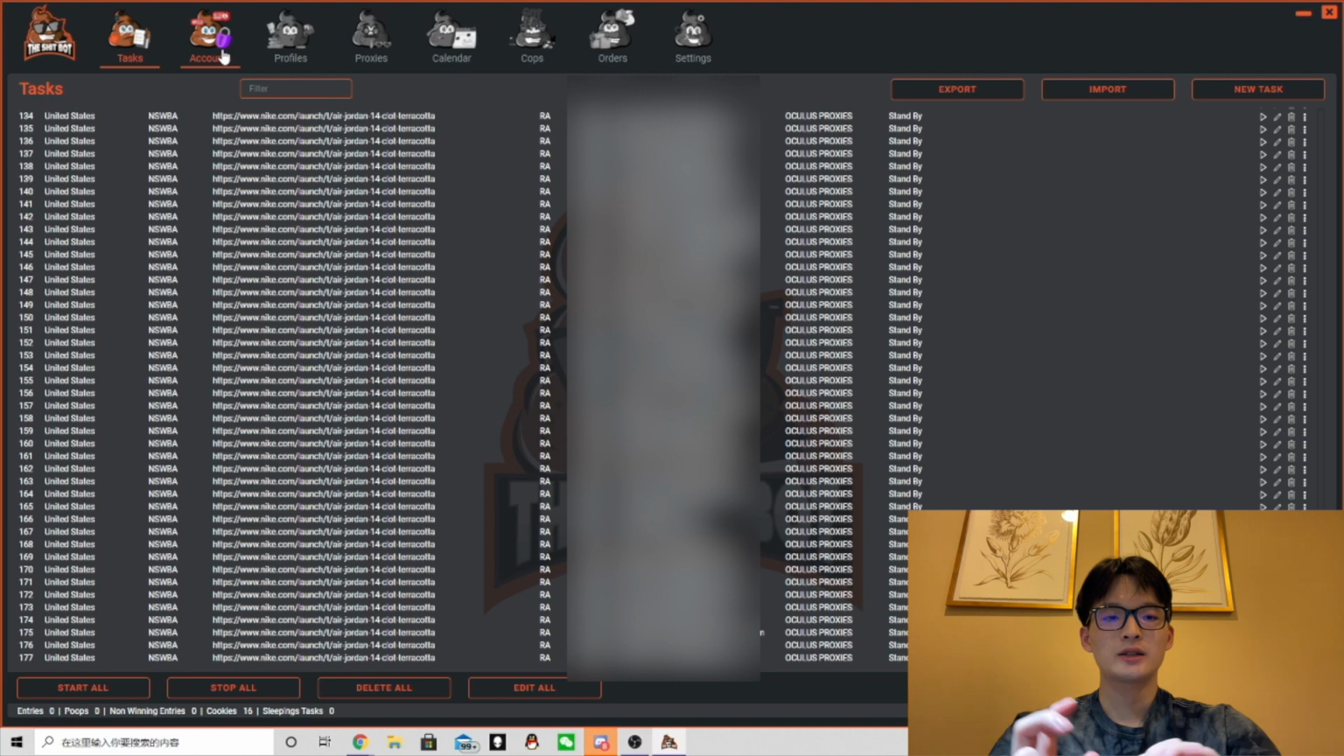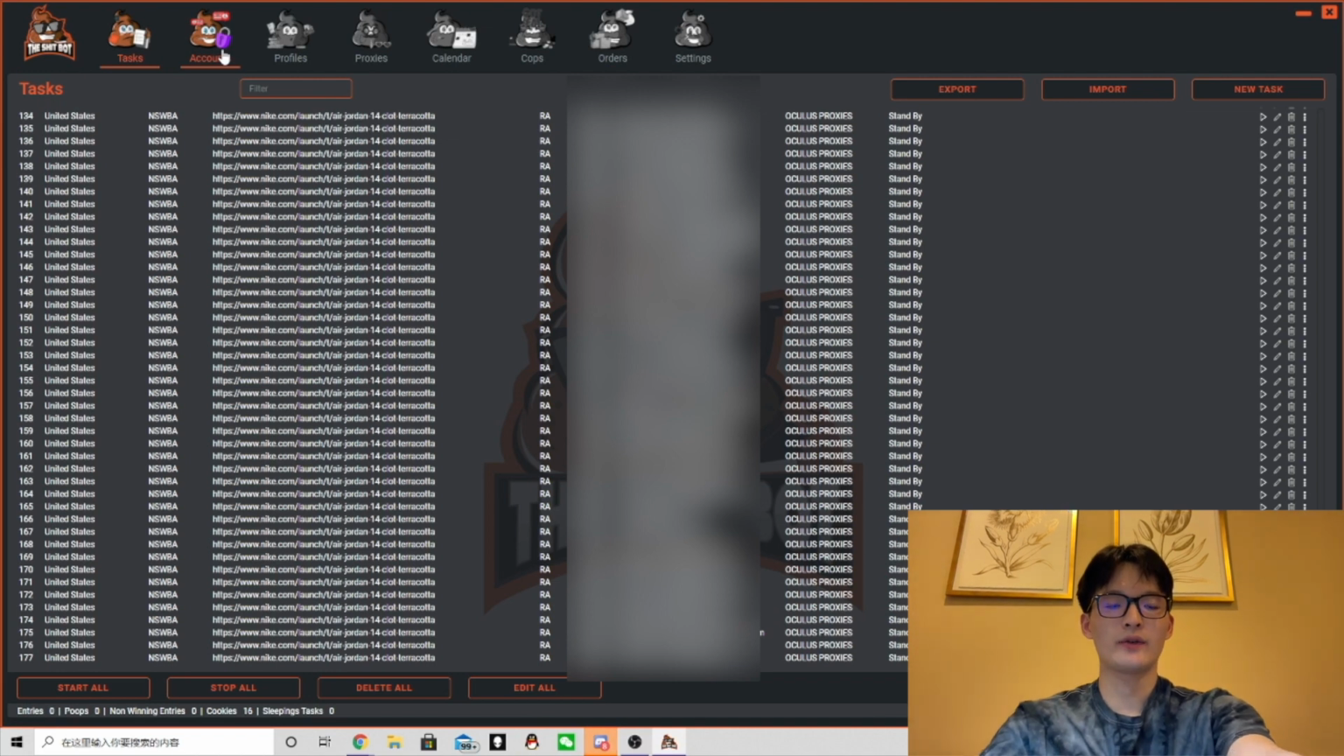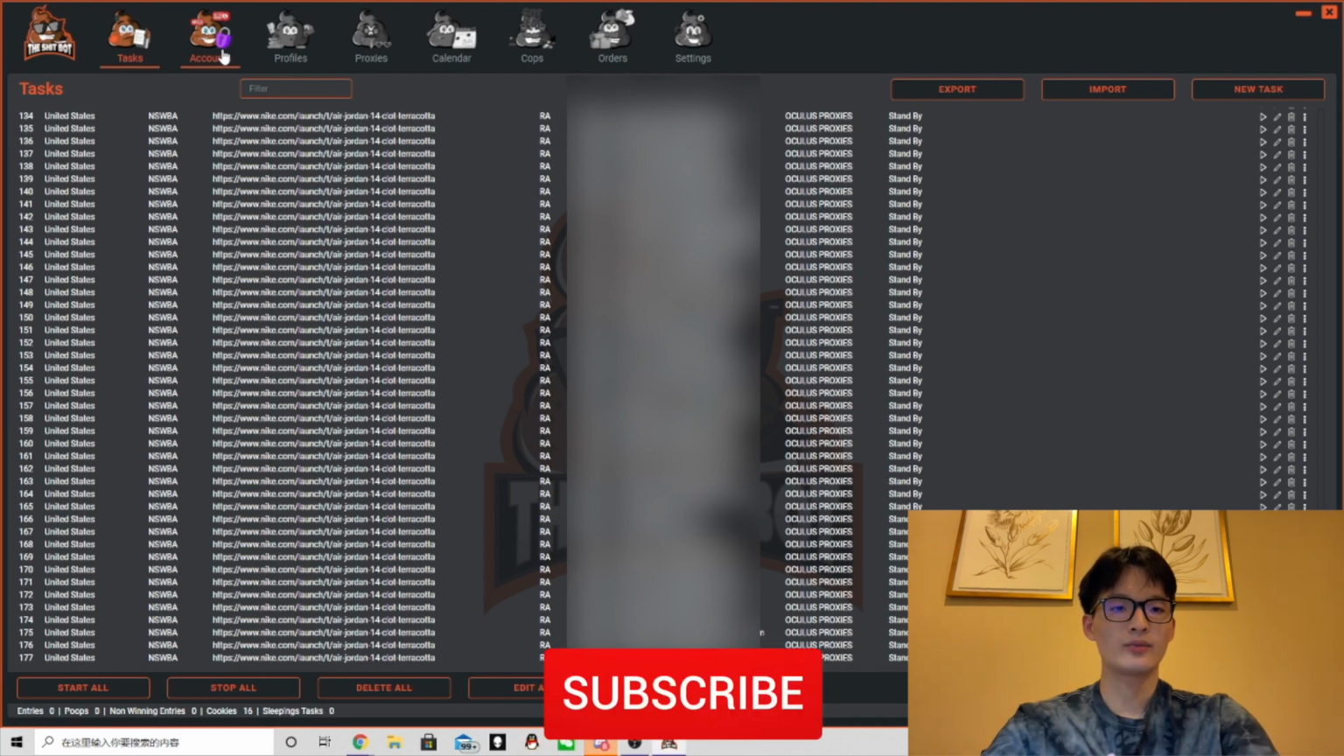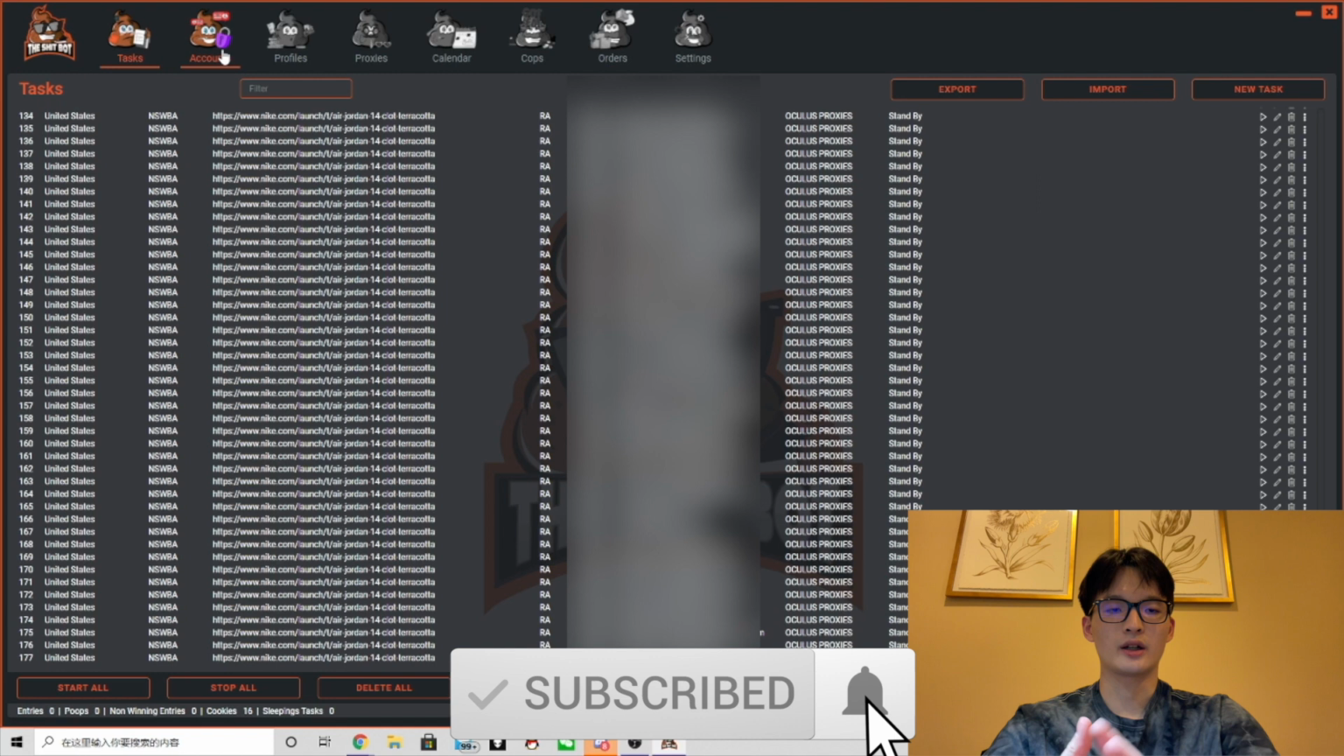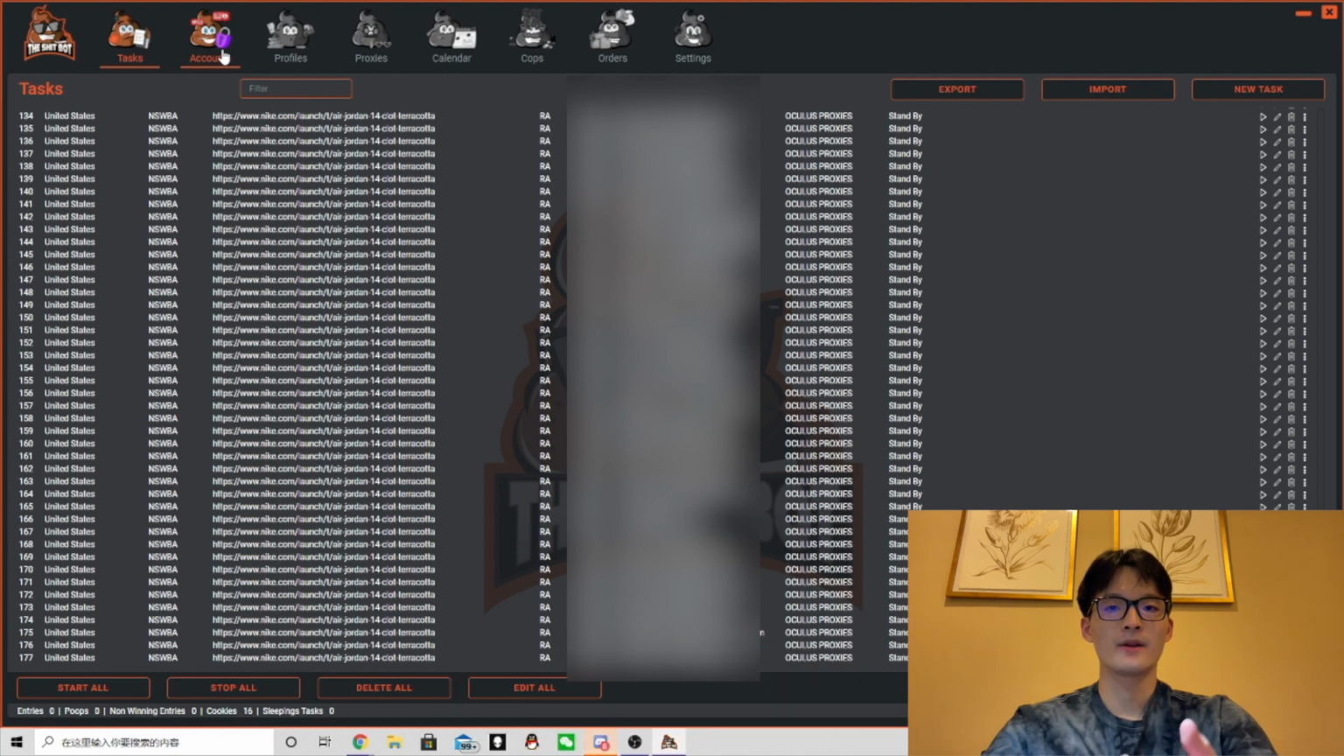So for TSB bots, the important things you have to know are accounts, cookies, proxies, and profiles. You have to have nice, good quality accounts to hit on the SNKRS app. Second, you have to have fast and non-banned proxies, and you're going to use the 2 different proxies I showed you guys before. And third is profiles, and the best profile ratio is 1:1,